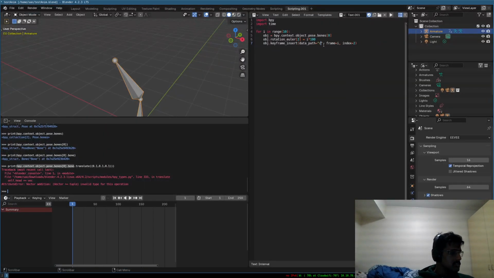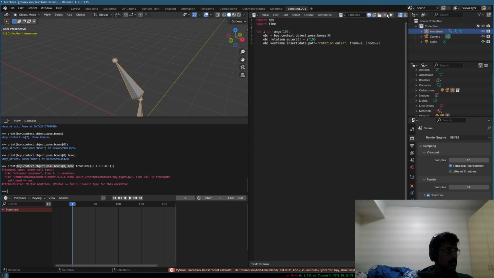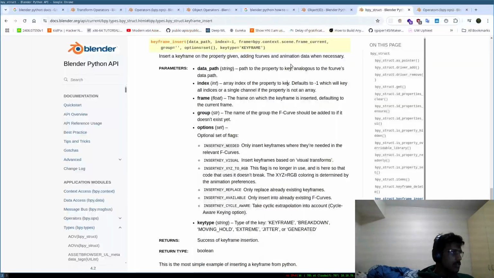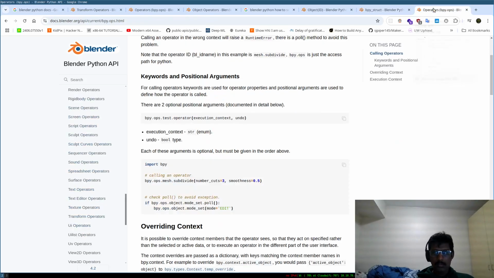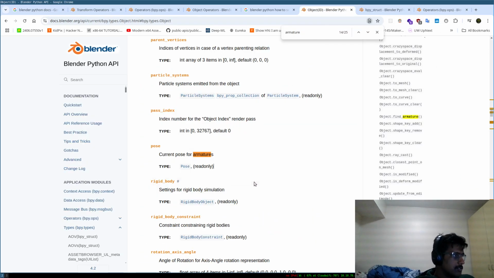So what if I just set this to rotation? Where are my keyframes? Where'd they go? No. Okay. What do I need to do? I need to